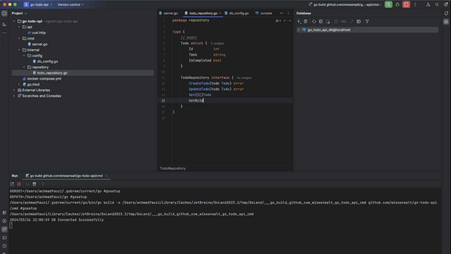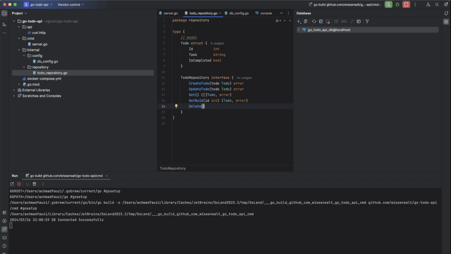Get by ID, we will have an ID parameter, which is integer. If it's fine, we will be returning the todo and also error if there is any. I think we also need to return an error here. Error.